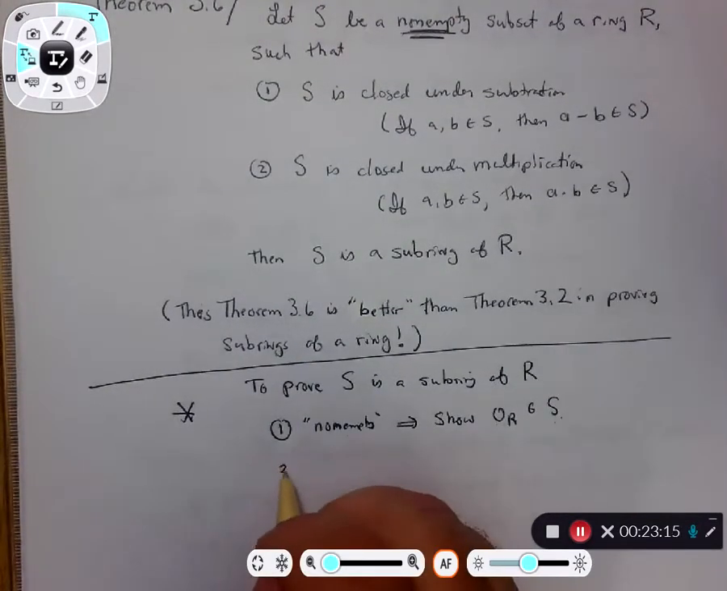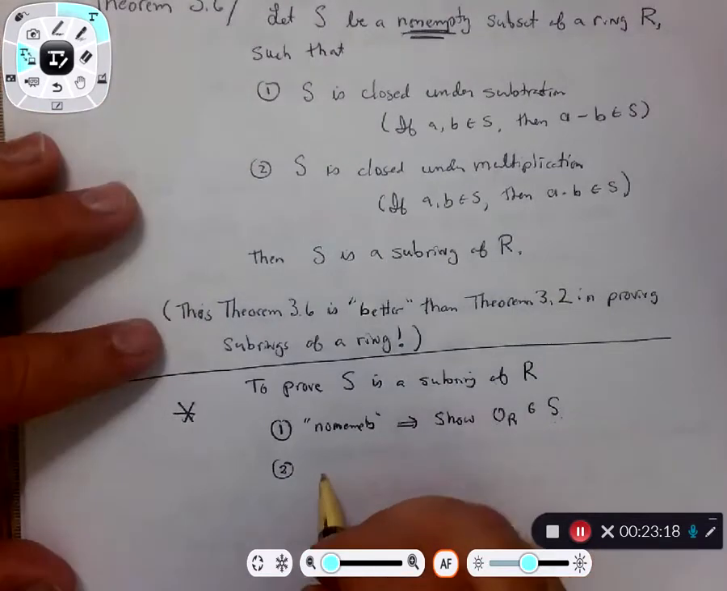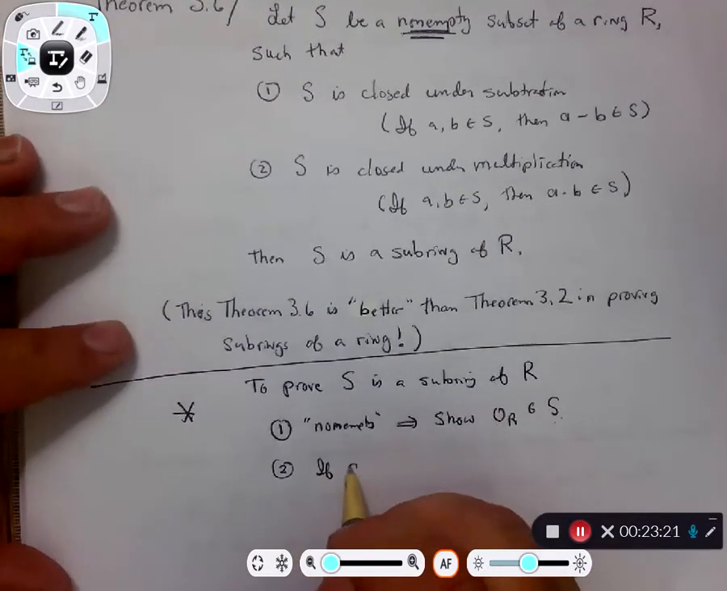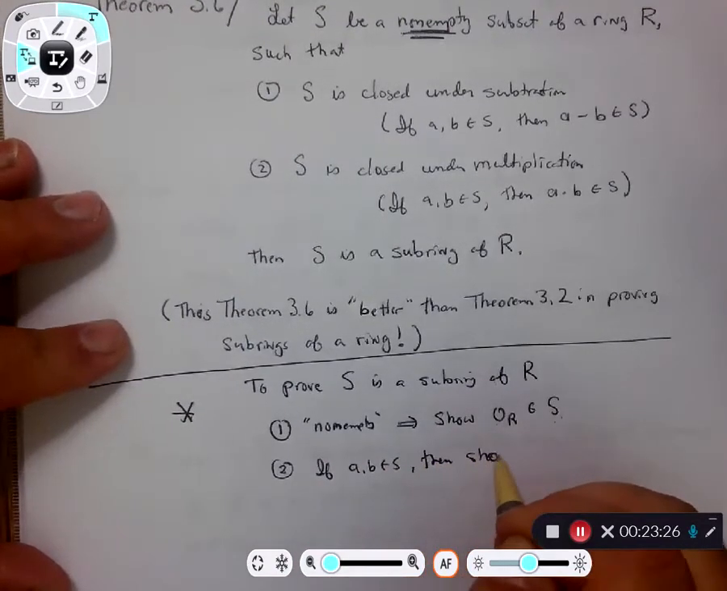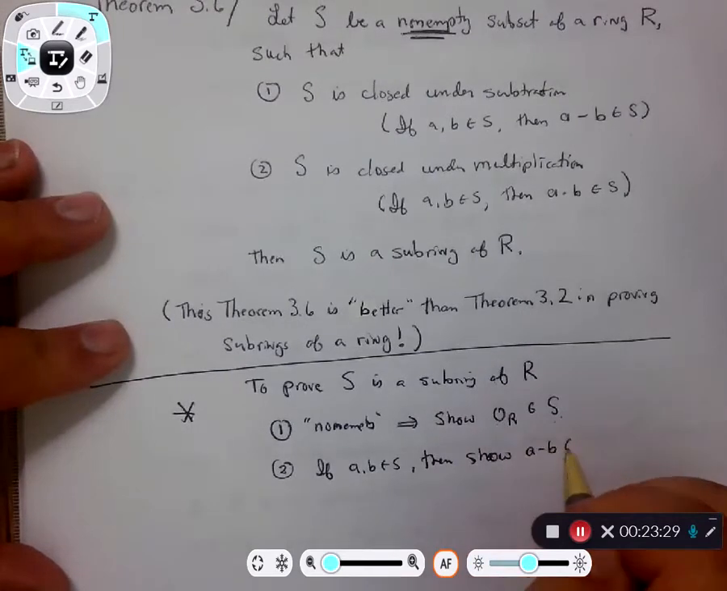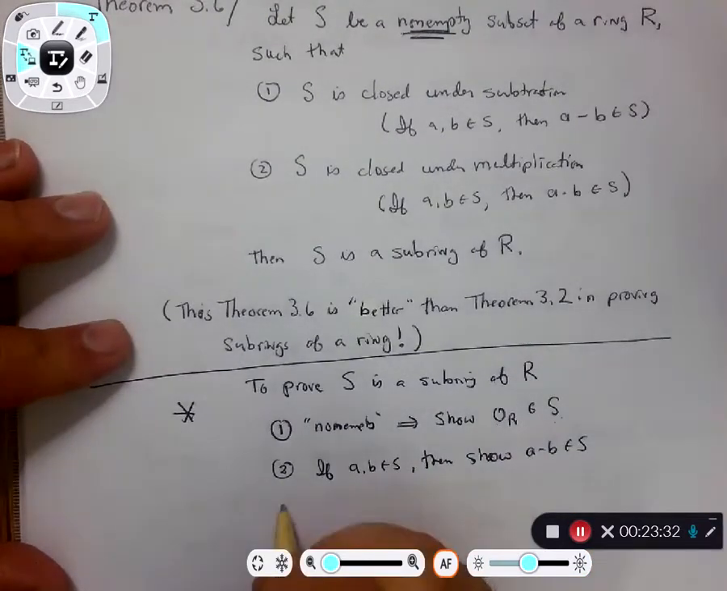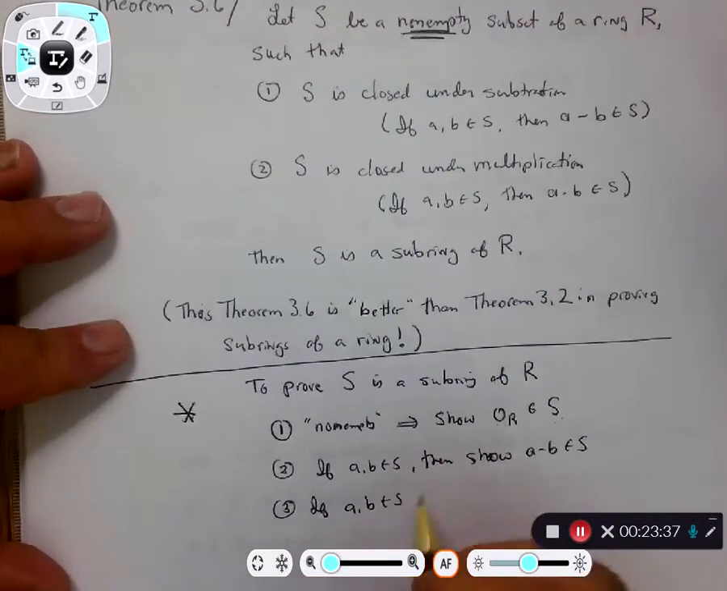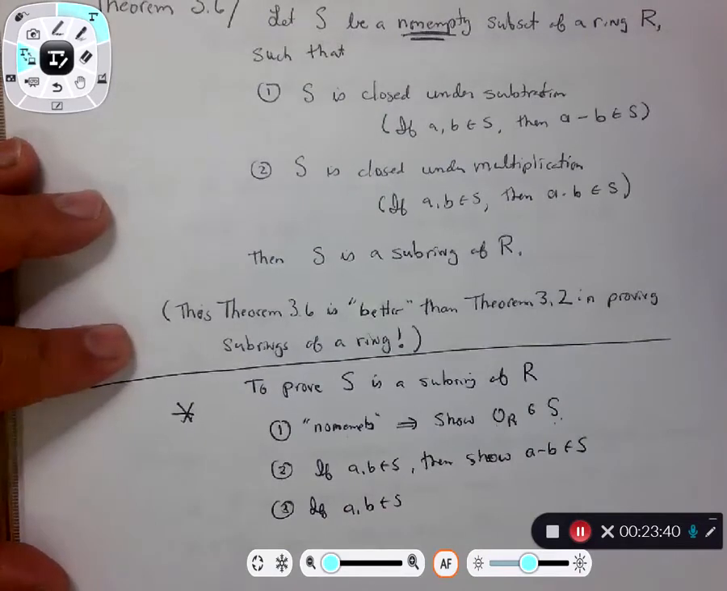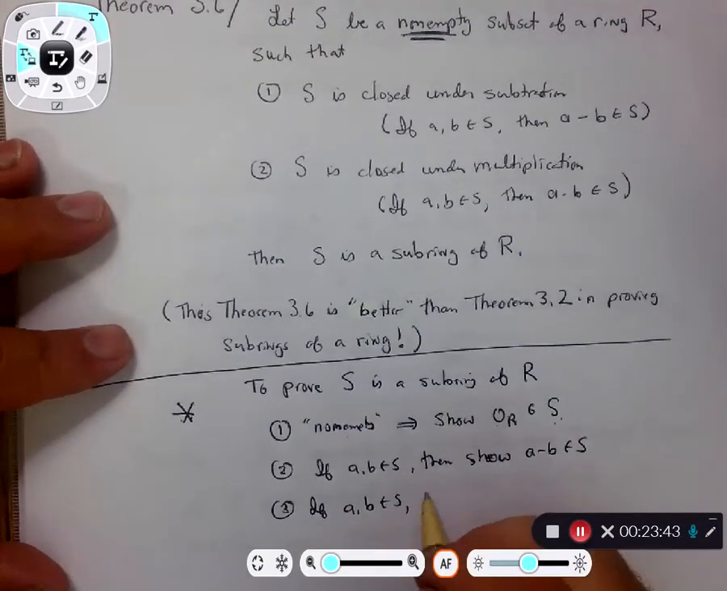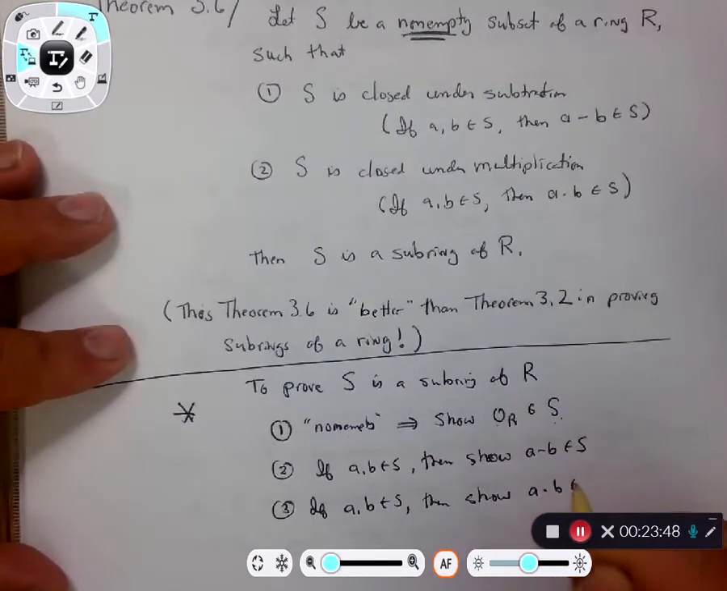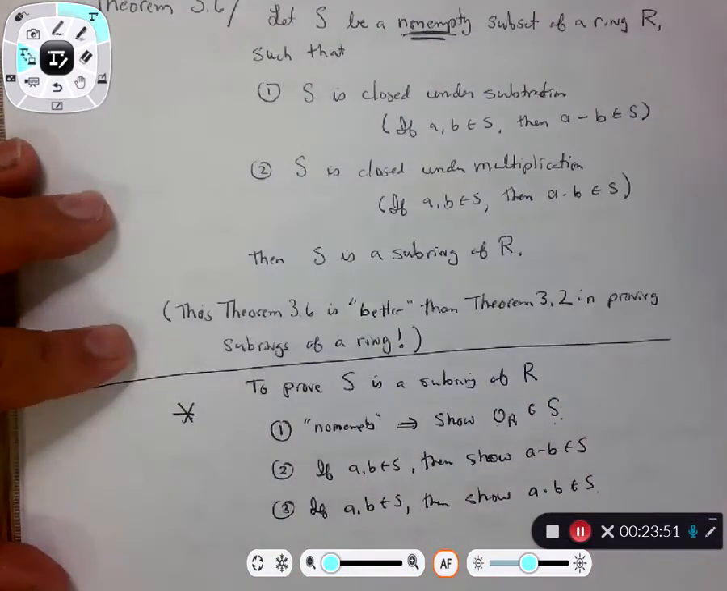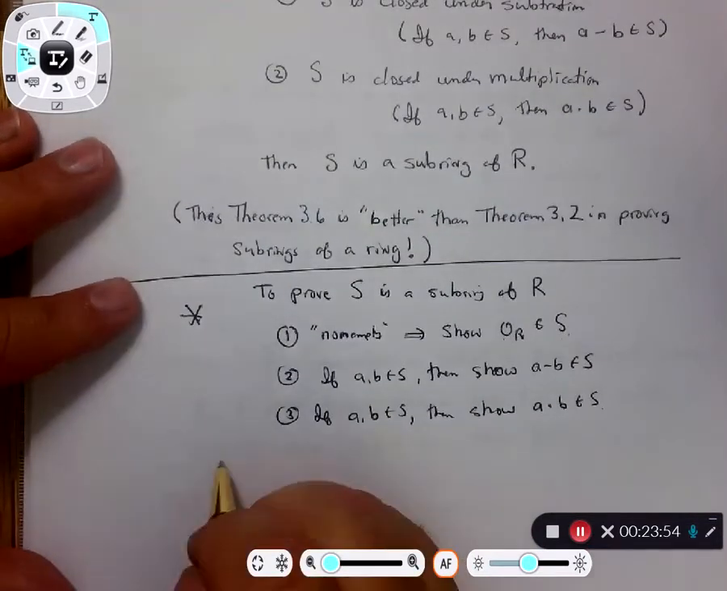And then the second thing you have to do is these 2 properties here. If you give yourself a couple of elements, A and B, elements of S, then you show that A minus B is an element of S. And then the third thing is, if A and B are elements of S, and remember S has some kind of property, so it's that property-preserving aspect you're going to be looking at, then show that A times B is an element of S. And once you've shown these 3 things, then you can declare therefore,